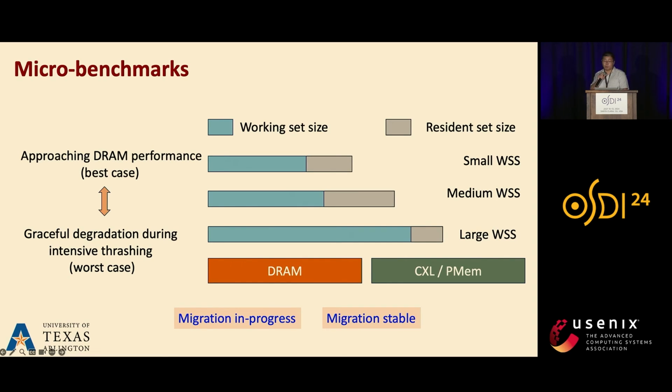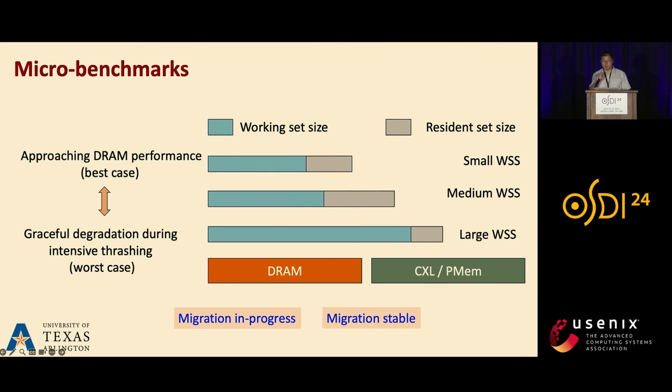We first designed micro benchmarks to evaluate the effectiveness and limitations of the page migrations. The micro benchmarks were configured with 2 types of memory footprints. Resident size is the total size of the memory occupied by a program, and the working set size is the amount of hot memory a program uses during execution. Ideally, effective tiered memory management should bring a small working set entirely to the fast memory and achieve close to DRAM performance, while incurring graceful performance degradation if the working set cannot fit in the fast memory.